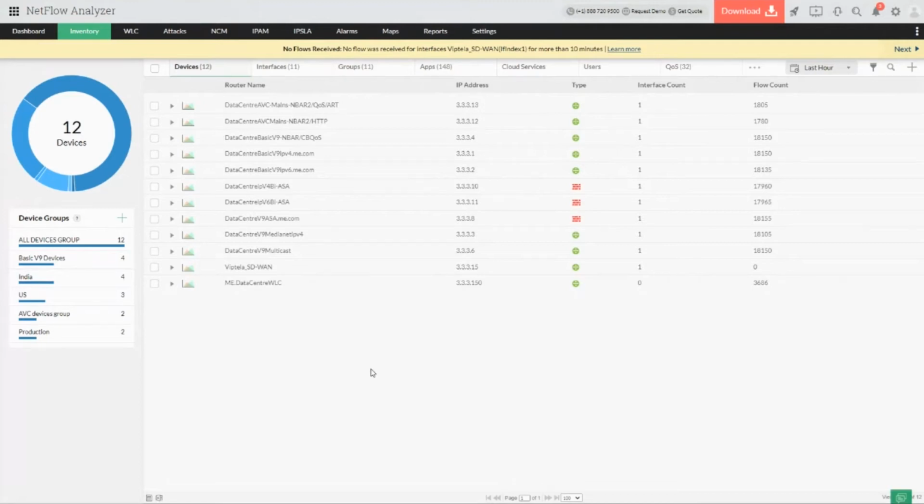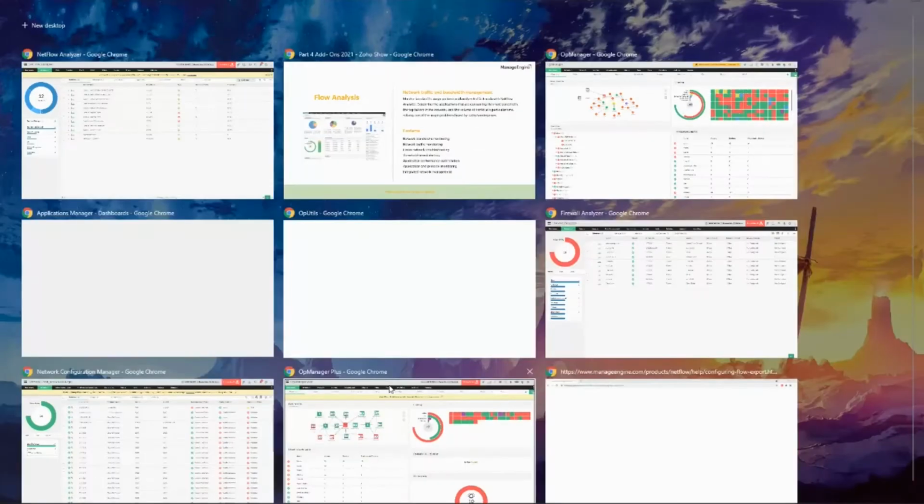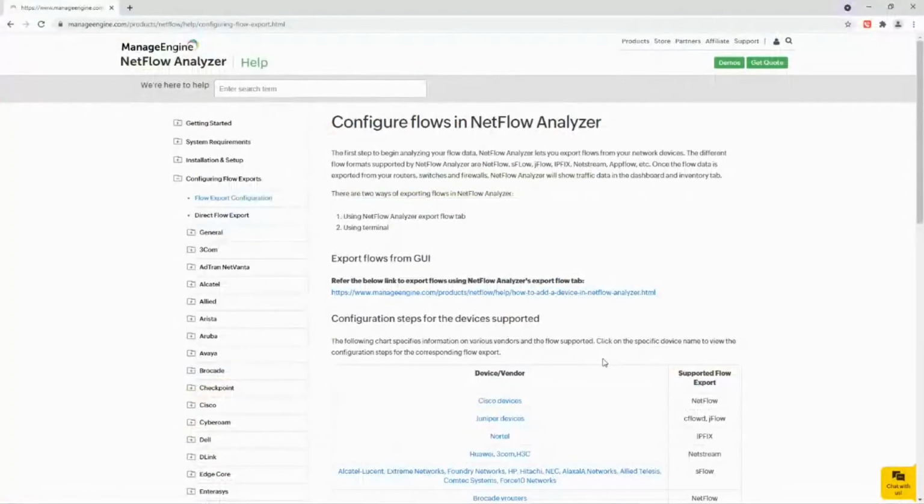When we talk about NetFlow Analyzer and the configuration, we have detailed documentation. All you have to do is go to the respective router or switch and tell that switch to start forwarding the flows to the OpManager server on the specific port so that we will start receiving them. Once we receive the flows, we'll automatically add the interface and the respective device and start monitoring them. So discovering your interfaces or adding them is pretty simple. All you have to do is start forwarding the flows, and once you start forwarding them, the application will immediately pick them up, collect the data and show all the detailed information.